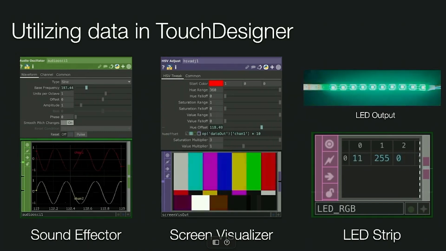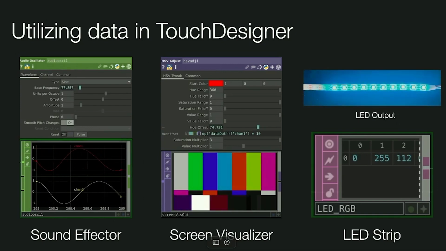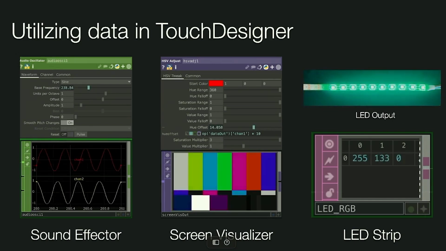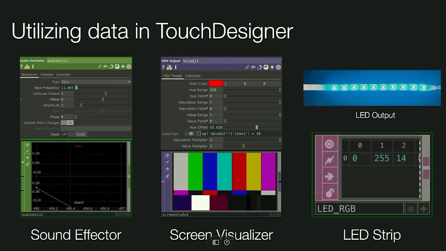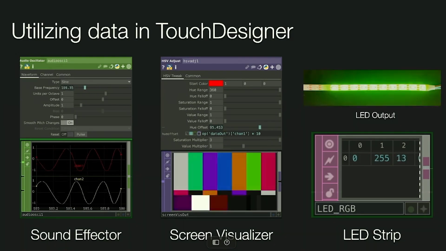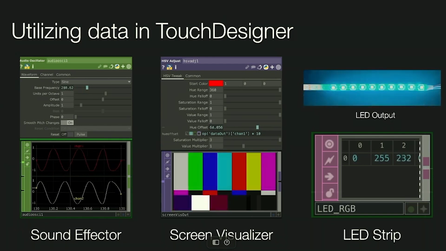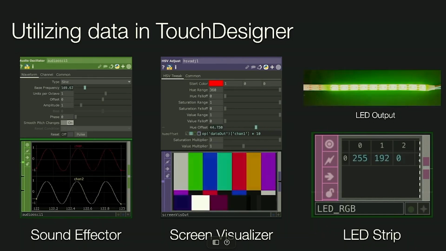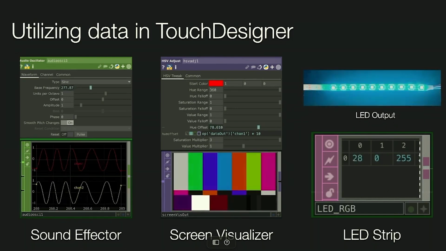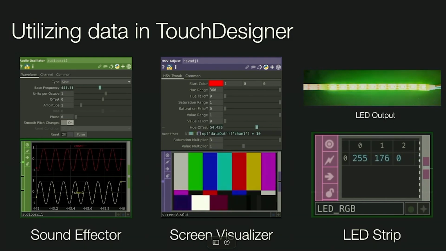A lot of folks here probably do this with their eyes closed, but for me, it's a good exercise in thinking about how to use data that was meant to be confined and used on a MIDI scale in more interesting, creative ways. So I've been experimenting with the audio oscillator CHOP, just changing bass frequency with this data, changing colors from a movie file in TOP, and then also changing RGB values for output on an LED strip. So just the beginnings of some experiments with how this data can be used a little bit more